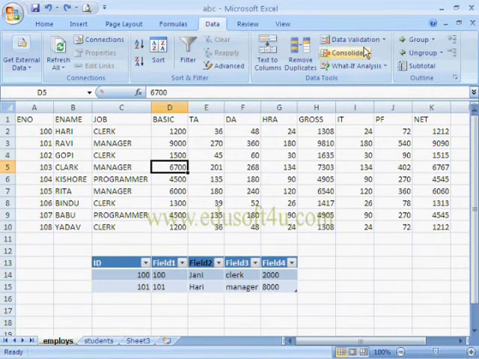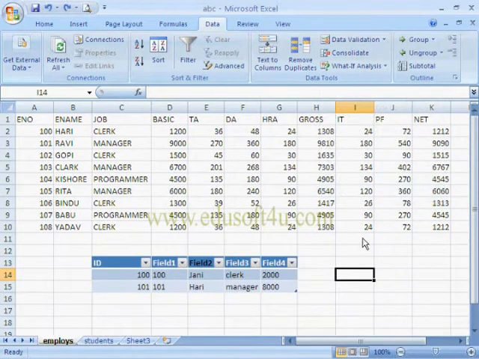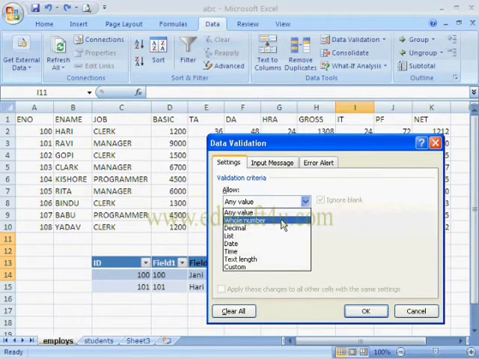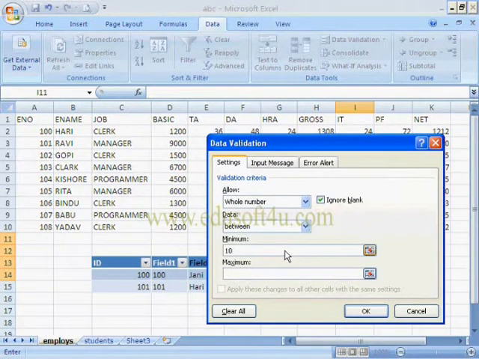Next option is Data validation. This option is used to enter the selected value. For example, I want to select validation for these cells. So select this option and here we can see allow any number. But now I am giving condition allow whole numbers between 10 to 20.